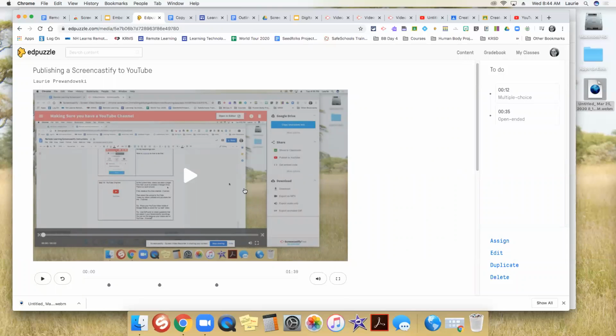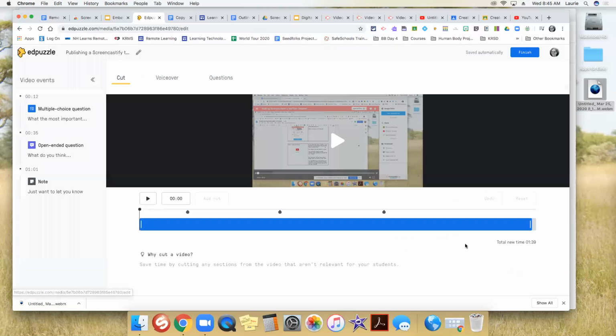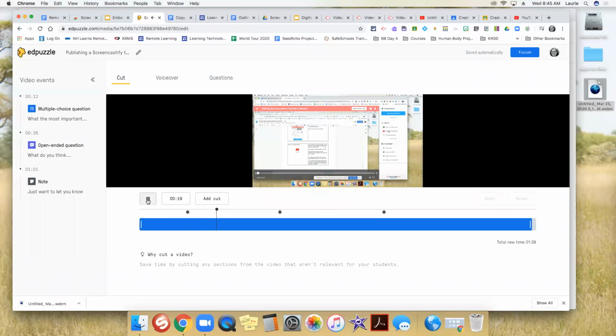There are all kinds of tutorials online. I just wanted to show you that if you use Screencastify, this is like the next layer that you can do. So what I did was I brought my Screencastify video in and I clicked on the word edit. It's going to let me trim my video or somebody else's YouTube video, but we're talking about your Screencastify video, content you created about a lesson that you want the students to learn. So then I can drag this slider to certain parts of the video.